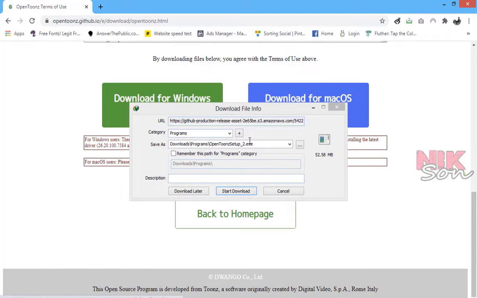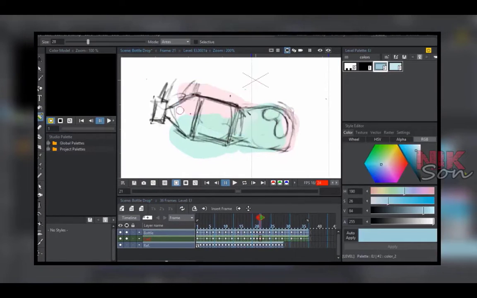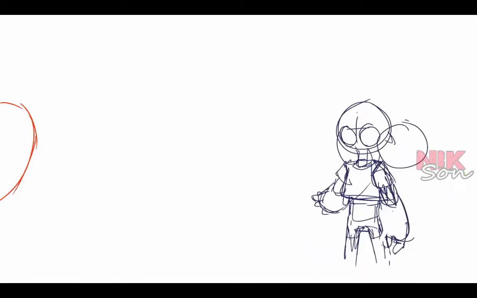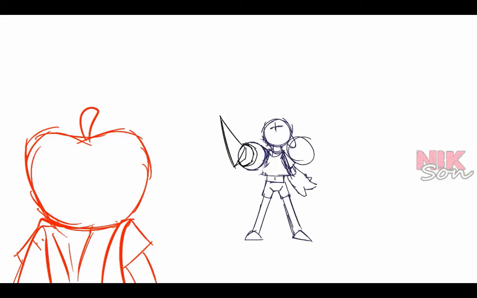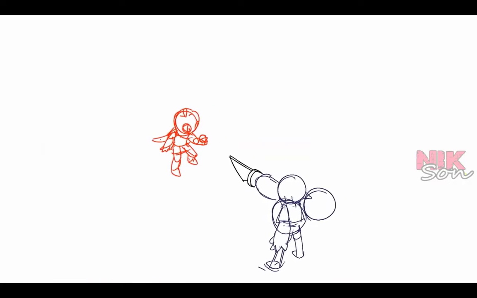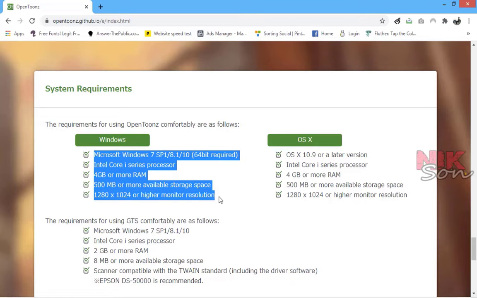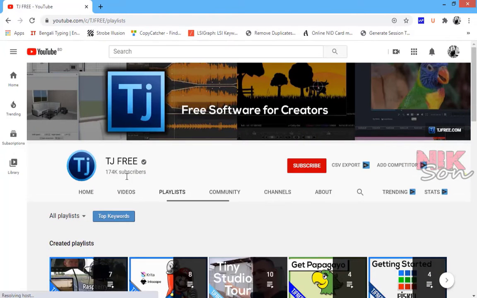as OpenToons does. I'm still new to OpenToons, so I don't know all of its ins and outs yet, but it's an incredibly deep program. The ability to animate, then clean up that animation, have color swatches on your palette, bring in real hand-drawn animation to digitize. All really nice. Let's check out their system requirements for using this software. If you want to learn it, you can try this YouTube channel to learn about OpenToons from basic to advanced